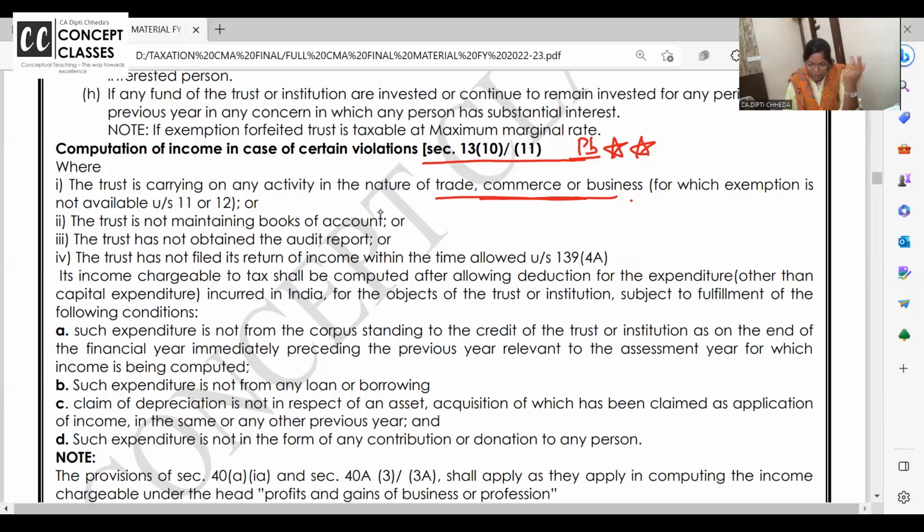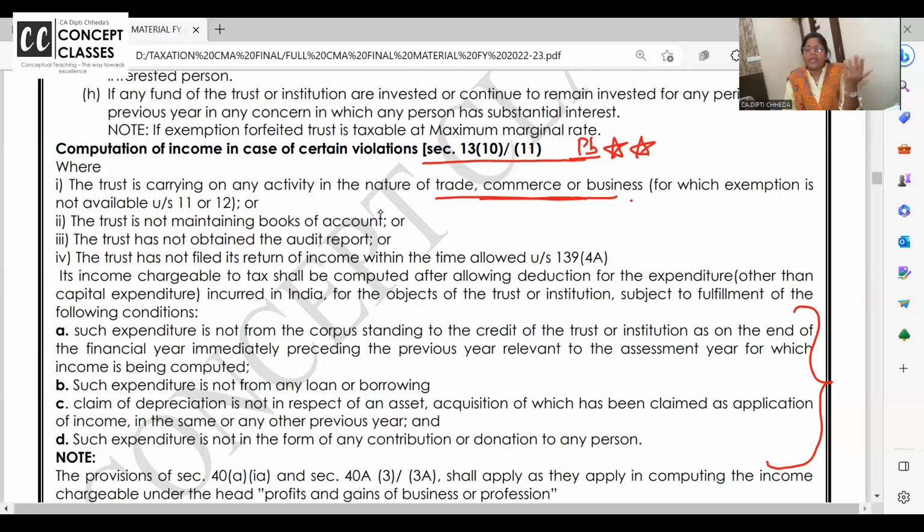Ma'am, then how will it be computed? I'll tell you. It's here. But in which cases? See, I'll tell you one thing. Like we all know, TTD is doing business of laddus. But this laddu income is used again for the object of the trust, to maintain the temple, to pay salaries, to give rooms on rent at 500 rupees to whoever pilgrims are coming. So they are working. Same way ISKCON temple, Ramakrishna Math. Ramakrishna Math is basically for the youth.